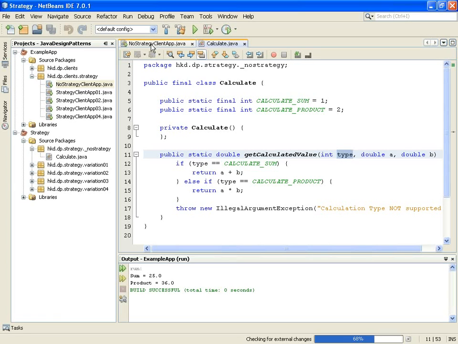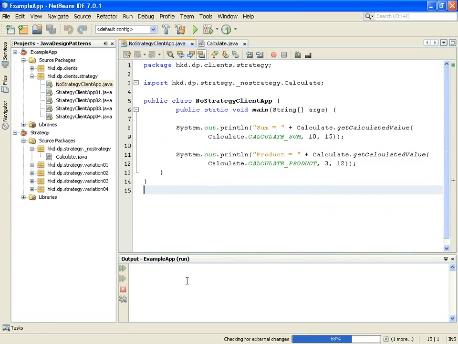And this is the client application, and I am just executing it, and you will see the output: the calculated value for 10, 15 will be 25, and the product 3 into 12 should be 36. So this is the output.